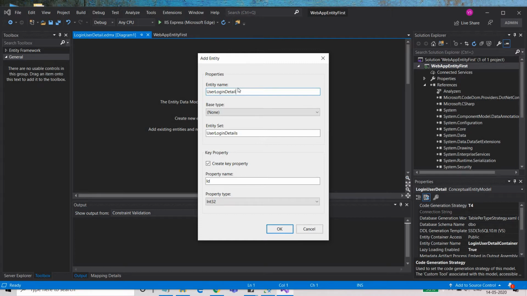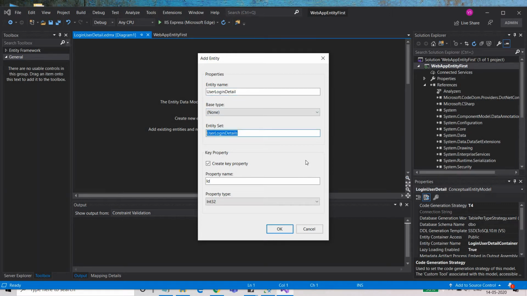Against this entity name you can see that the entity set gets updated already, and you can see that at the end it adds an s. An entity represents a single user, a single row in the database.